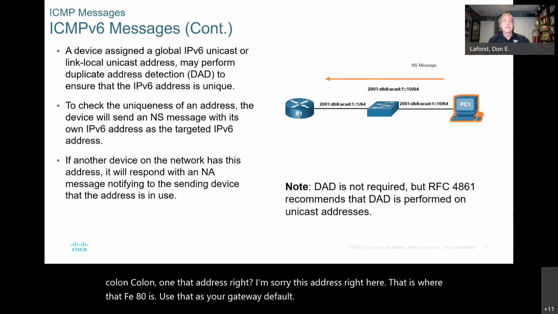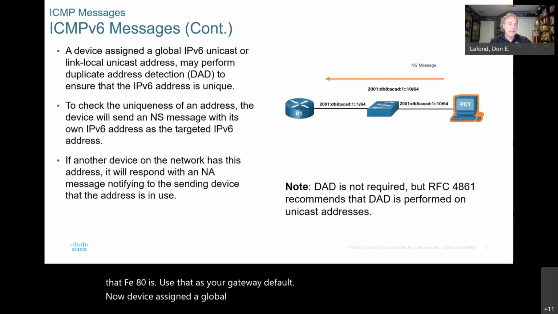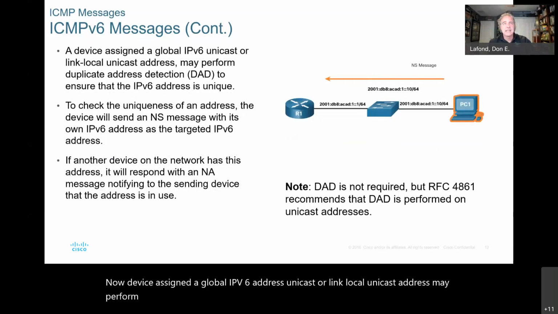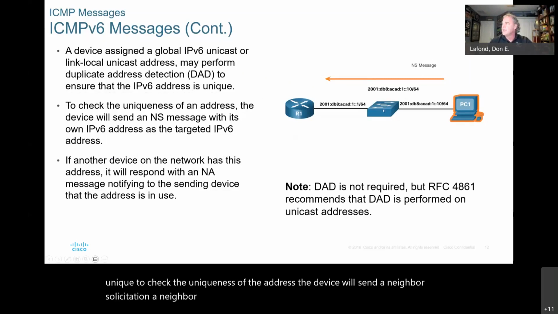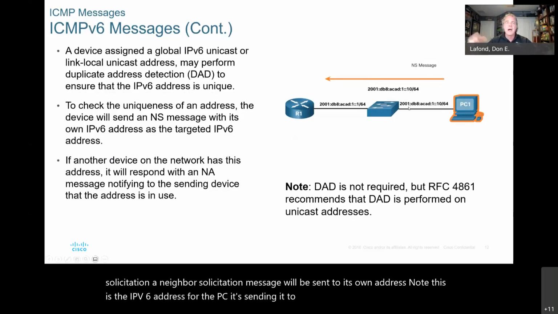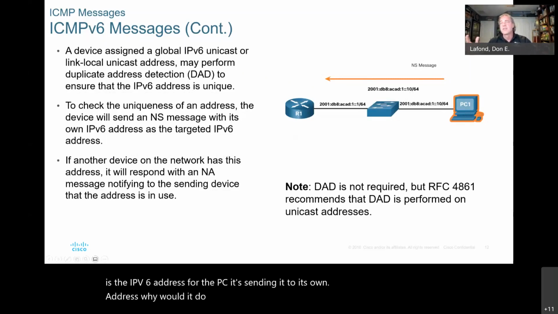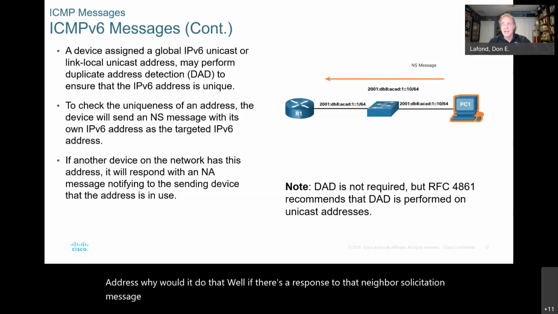Now, a device assigned a global IPv6 unicast address or a link local unicast address may perform duplicate address detection, DAD, to ensure that the IPv6 address is unique. To check the uniqueness of the address, the device will send a neighbor solicitation message to its own address. Note, this is the IPv6 address of the PC. It's sending it to its own address. Why would it do that? Well, if there's a response to that neighbor solicitation message saying, hey, get off my address, I use that one,